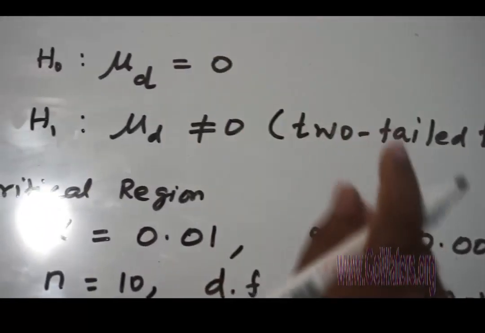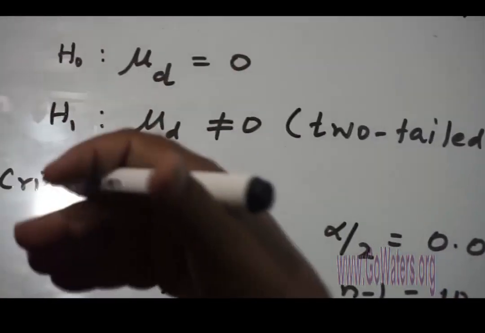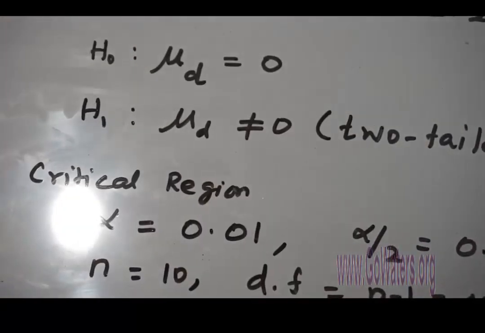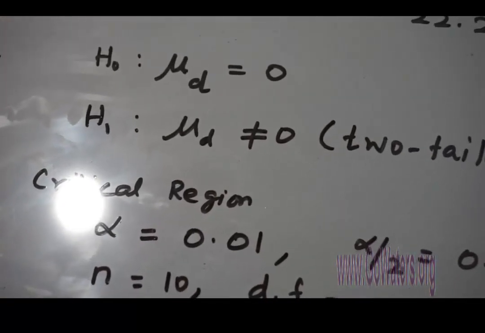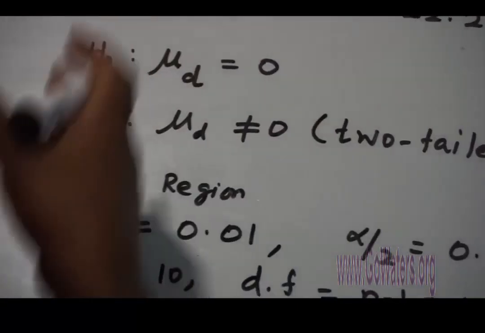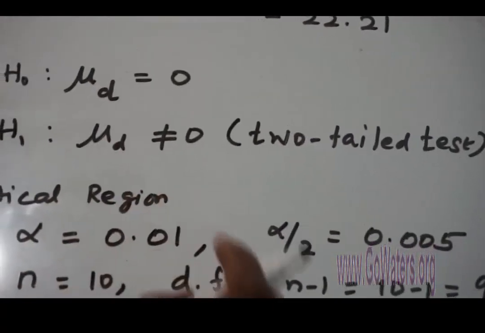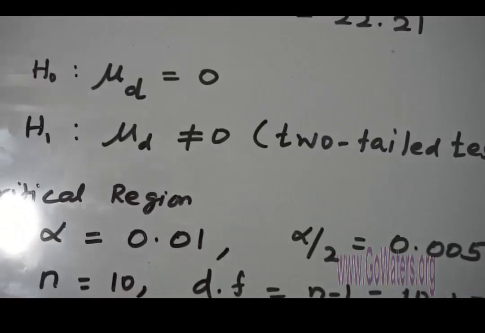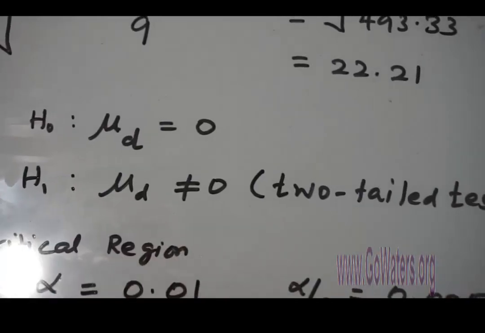You cannot add them, right? It's pairs, because the same 10 pairs were tested in winter as well as in spring. The same sample is tested two times. That's why it is called a paired t-test. So you have this information now, and we have to proceed with step 3.